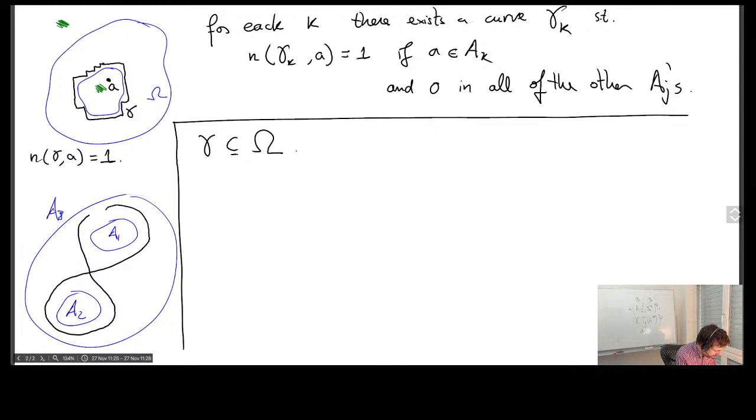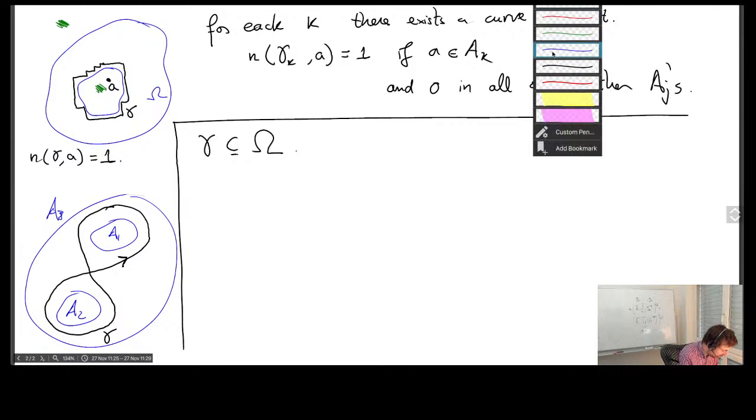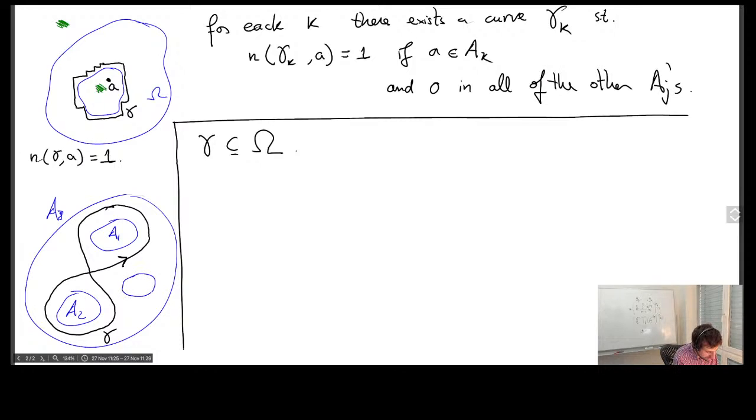Yeah, maybe let's say this one. Let's say I do, just to give an ordering, this is A3, and now I'm calling this one A4. This erases way too much. Okay, this is my omega.